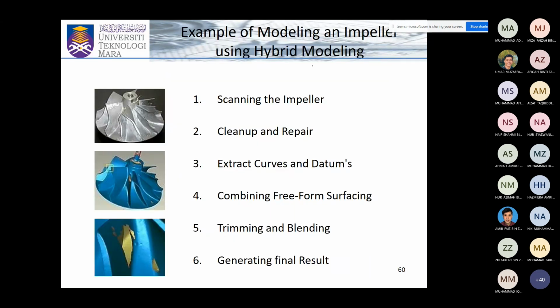So this is an example, right? You see you have an impeller over here, which is pretty complicated in shape. We scan the image, and once you scan, what is common and will happen usually is you can see over here, this yellow area, these are all what we call missing surfaces. So this is bound to happen. When that happens, we stitch the surface up. How do we stitch the surface up? You remember we learned surface, right? You see through the outline of the surface, we outline the surface, and then what we do is we actually,